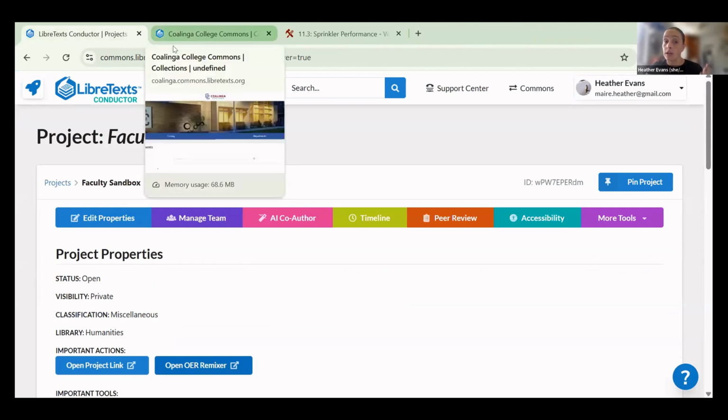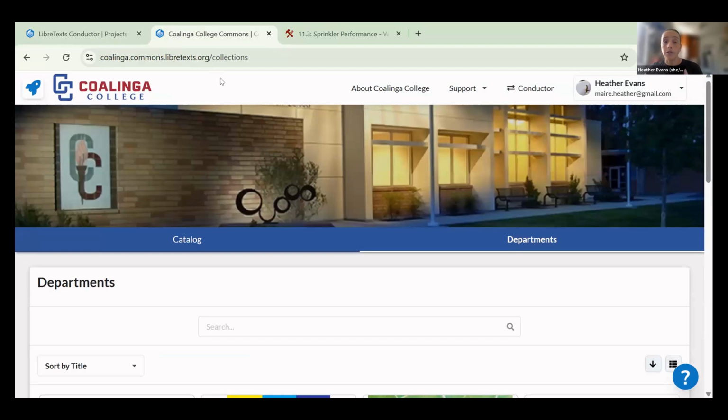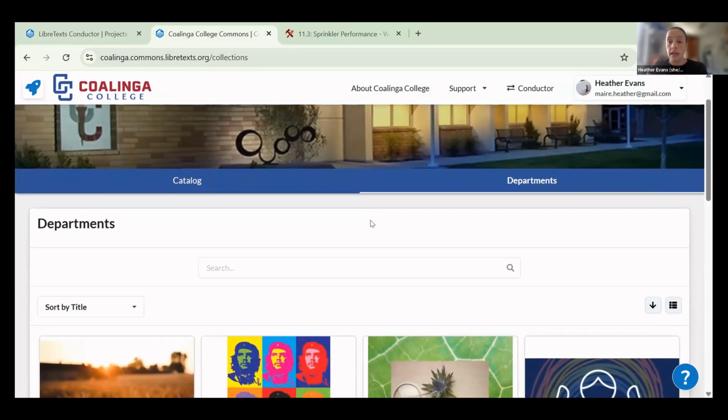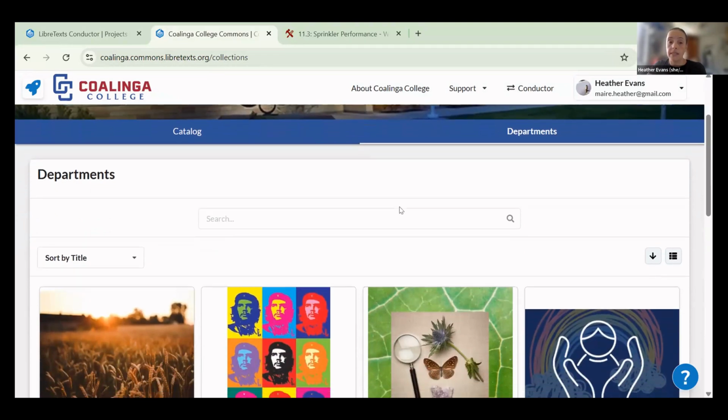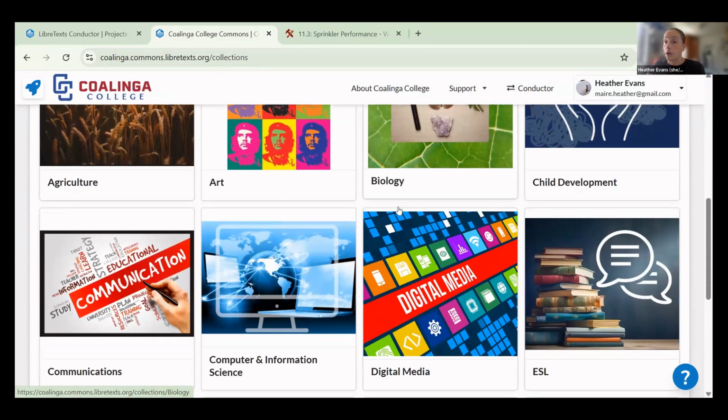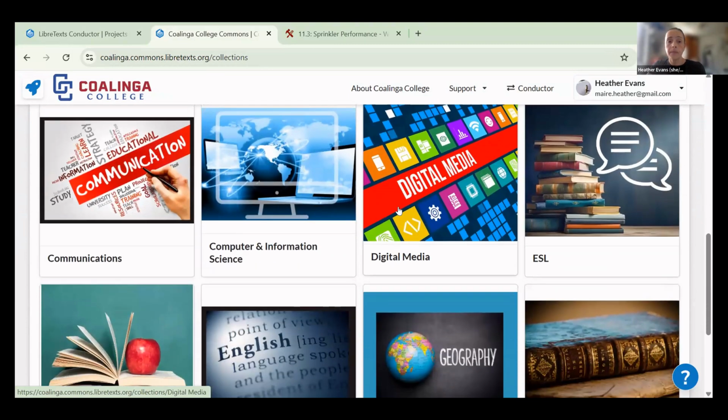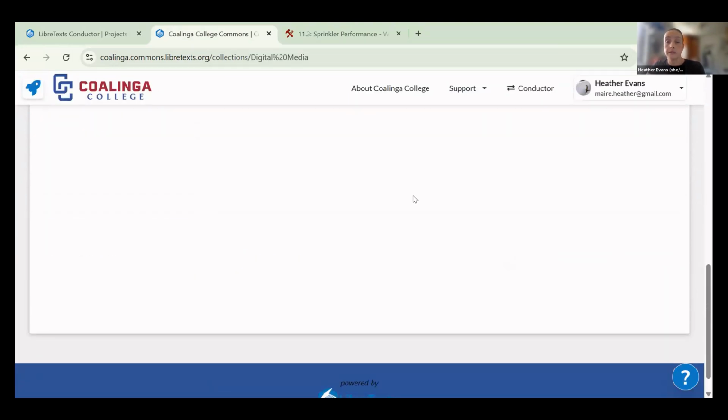And in terms of being able to get all of these together, we also elected to join the LibreNet membership. And so our college now has their own Commons page, and specifically for books that our faculty have requested to be harvested, that our faculty have adopted, and that our faculty have helped create. And I was able to choose whether I wanted this to say collections or subjects or departments. I went with departments here. I named only the departments that we have things for. If you click into these,